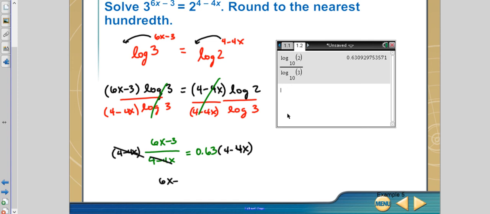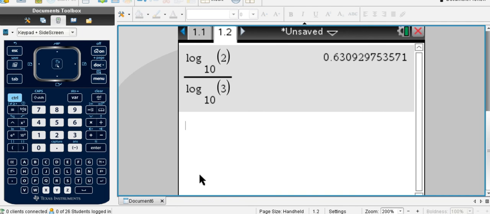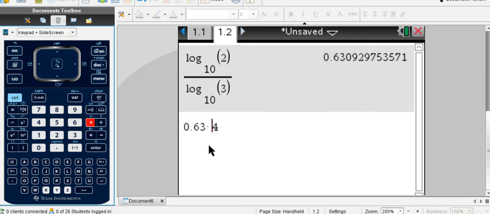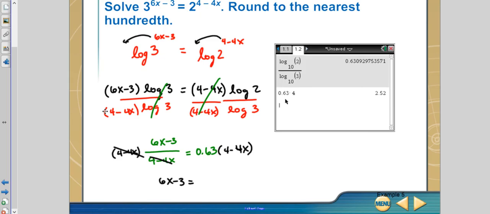So now I know that 6x minus 3 is going to equal 4 times, we need to multiply this in the calculator, so let's open this back up. And we'll have, if I did it in the same order, 0.63 times 4. That's what we also need to know. Okay, so I've replaced that calculator screen. Now when we distribute this here, since multiplying by 4 twice, we'll have 2.52